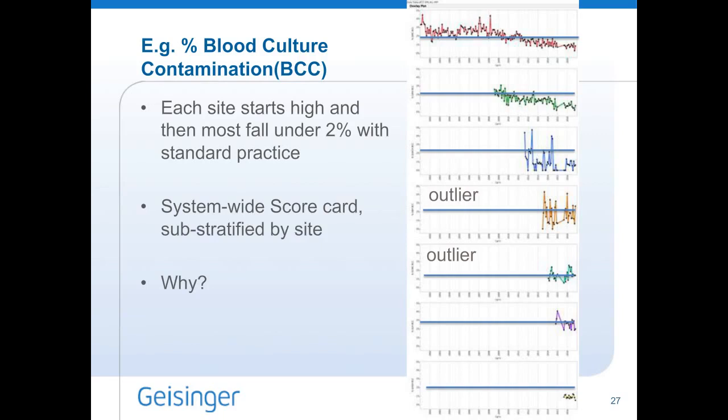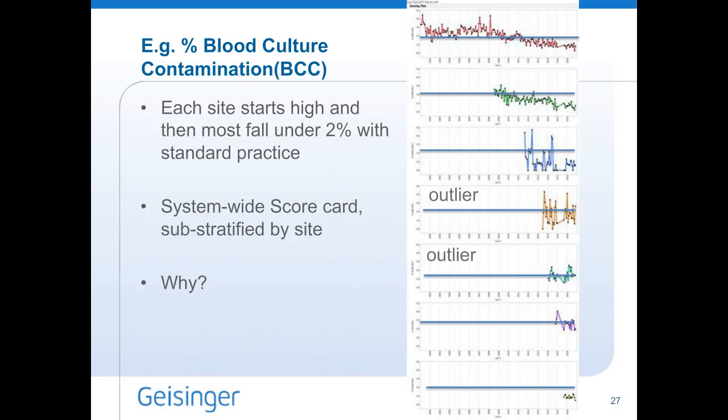And then as we added hospitals to our system over time, almost every one of them started out either above the line or with wide variations. If you move down towards the green, the blue, the orange, and then the teal color. And over time, implementation of standard phlebotomy practices, particularly in our emergency rooms, had everybody dropping below 1%. We do have outliers that, at the time of this graph, have since come into compliance when we've provided phlebotomists for their emergency rooms, for example.